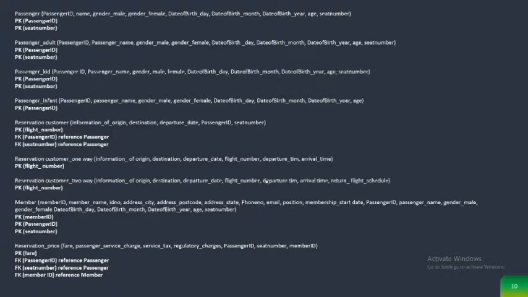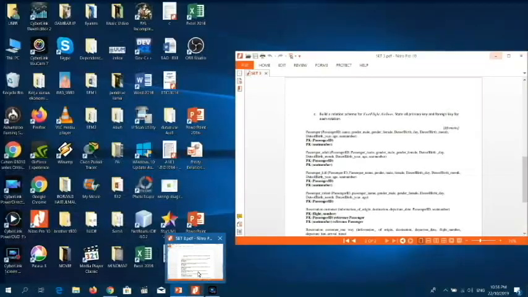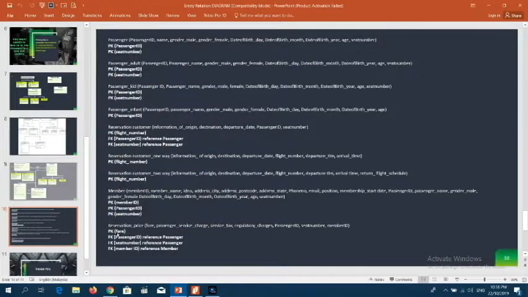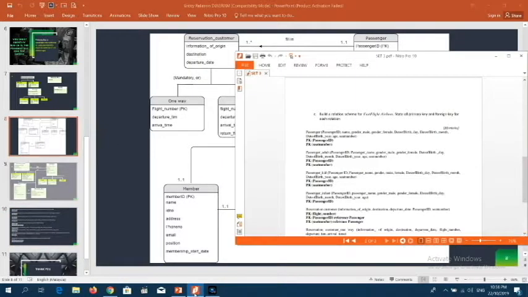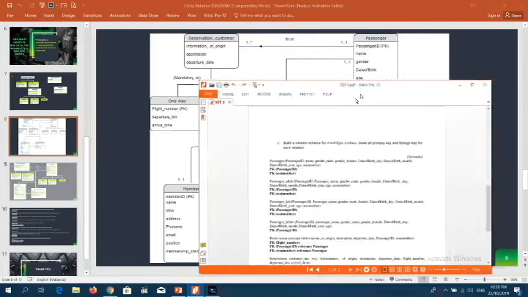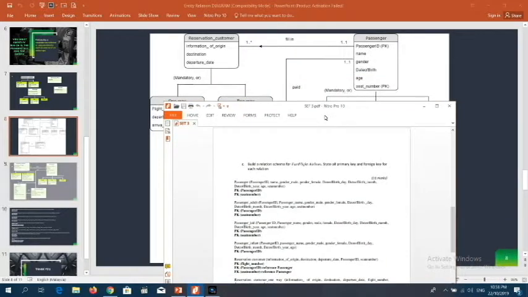Okay, for the next question. Okay, this one is the last question. This is question C. So I need to explain to you guys how to build a relation schema. Okay, first, wait a minute. Okay, first